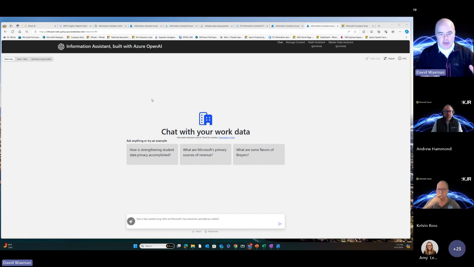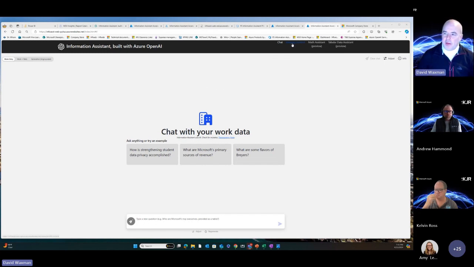So the goal is that the IT team will spin up an instance, as you see here. Once you spin up the instance, the key is that, well, who's going to use it? Well, that would be the non-technical folks. That could be the teachers, the lawyers, the analysts, the people who want to be able to load some data and ask some questions. So we've tried to make this a relatively easy process.